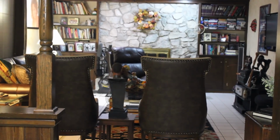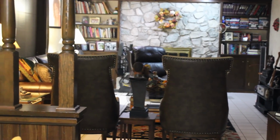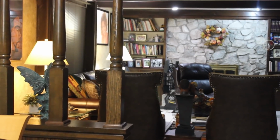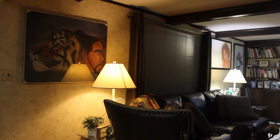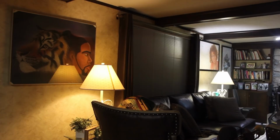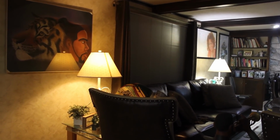Looking at it from the back, you can see paintings and masks and a few things on the wall. So I'll bring you up for a closer look so you can really see what's going on in there. As I said earlier, we are a family that loves art. So here on the wall, you see a picture done by my youngest son. He did this when he was in high school. And you see the oranges and the browns and the golds and the blacks that we tend to like in